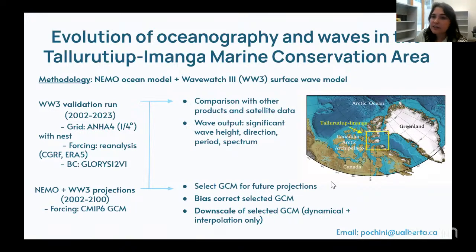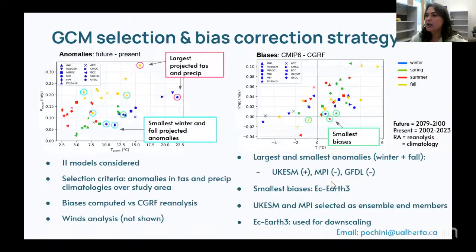For this, we've done some work on how we select the GCMs that we use, and some bias correction strategies. There are two parts to this. On the left here, we have the anomalies in the region of temperature and precipitation from the 11 different CMIP6 models that we considered. You can see the highest anomalies in temperature and precipitation are up here, from UK ESM, and we have lower anomalies on this side here. And then on the other side,